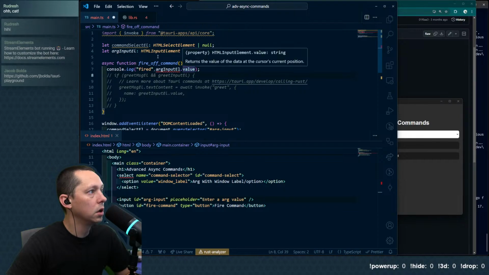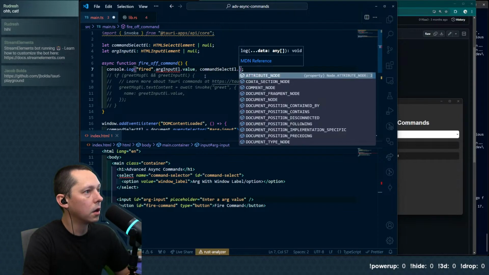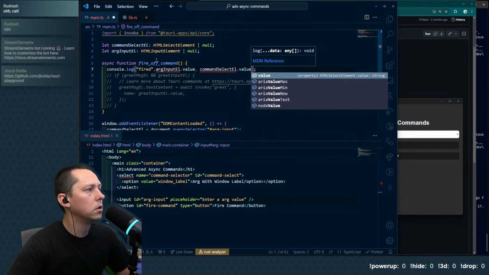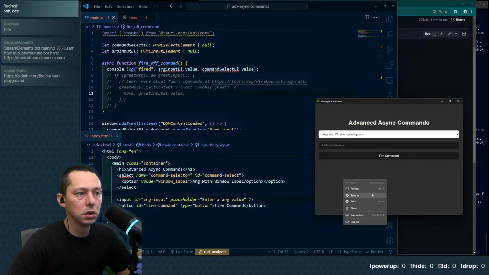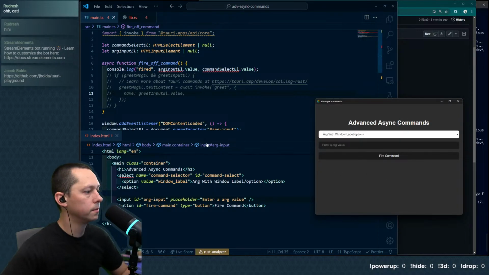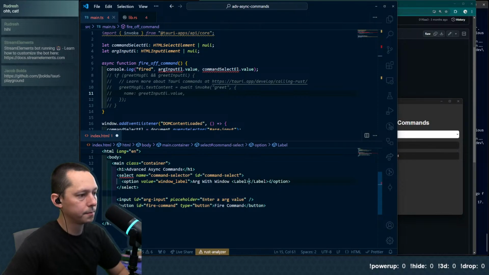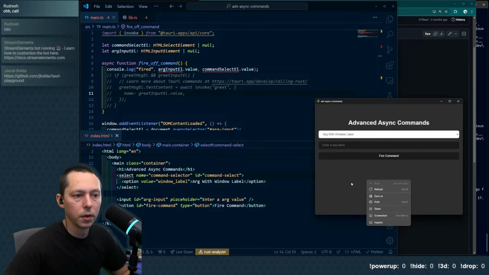And then we need a, I think that's a dot value. Yeah, it looks like it. Arg is possibly null, that's fine. So now, refresh. Oop. Got an extra option in there. What is struggling here?